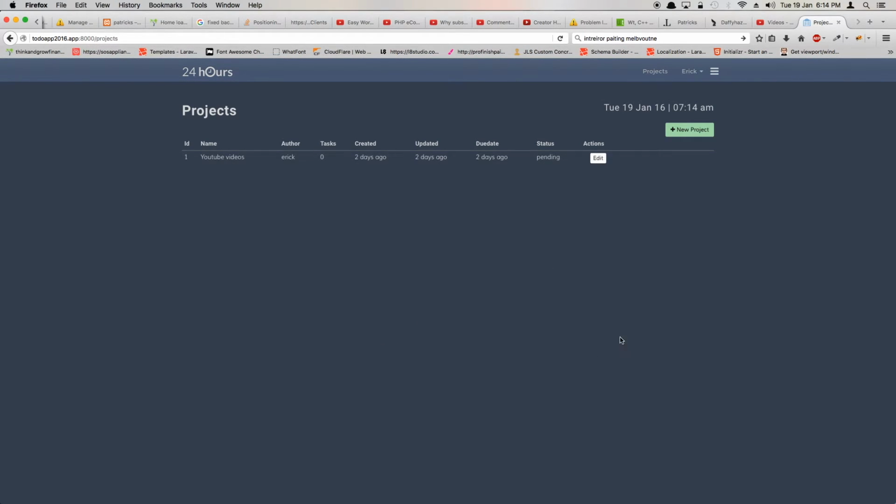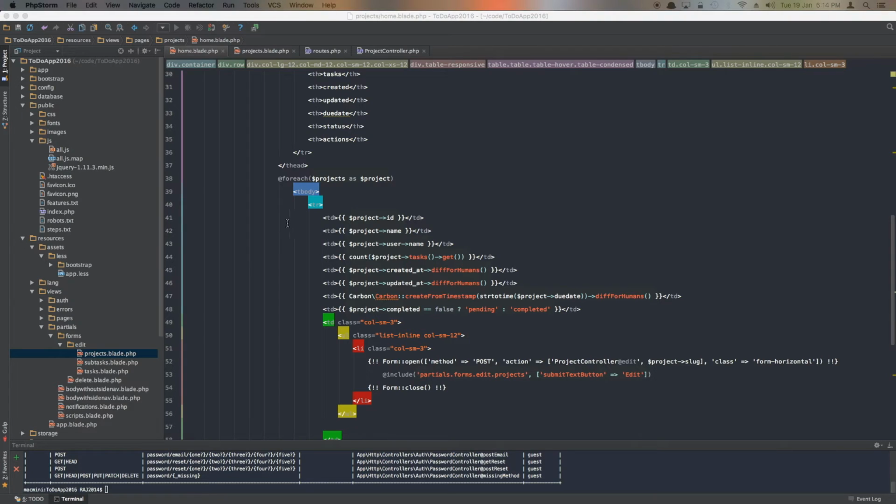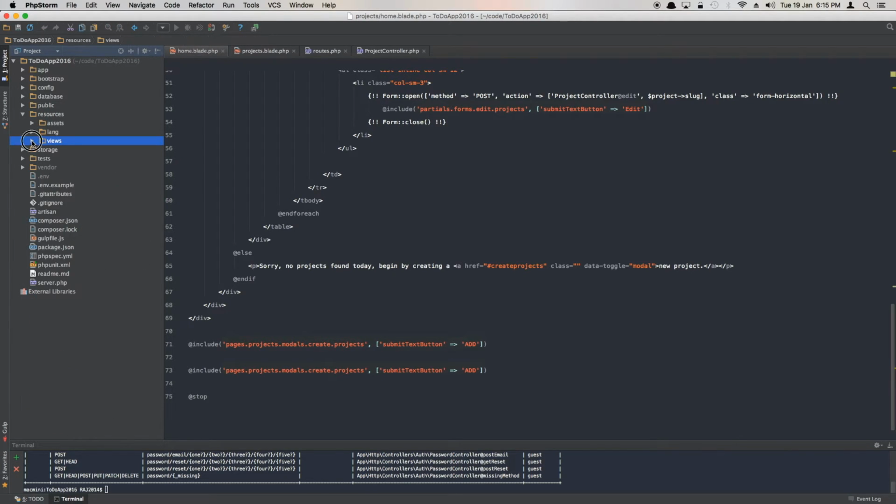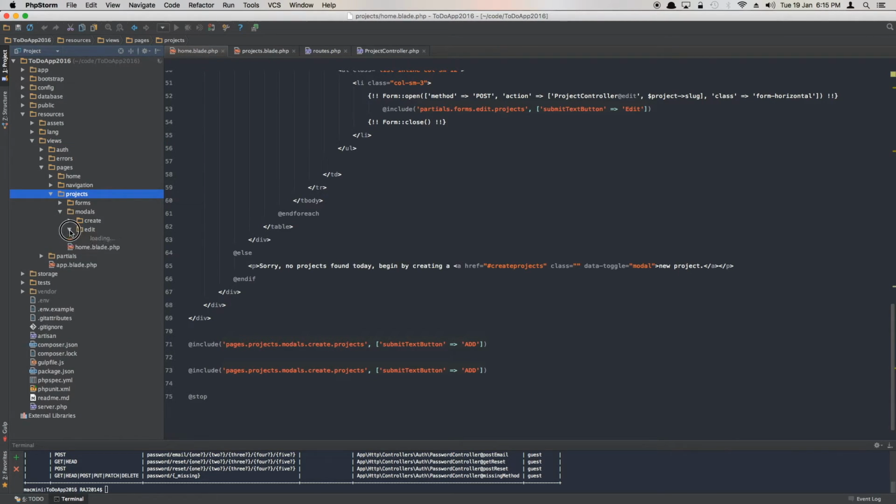Now we're going to be using this value to pre-fill the model window. So what we have to do essentially is include a model window here for the edit window. So we go here, and then we need to create a new model window. You can use the same model window, it doesn't really matter so much, but I like to keep a dedicated window for a dedicated use just in case. So create a new folder, add it in the models, and then you can pretty much copy this file projects in here, and then you open it,